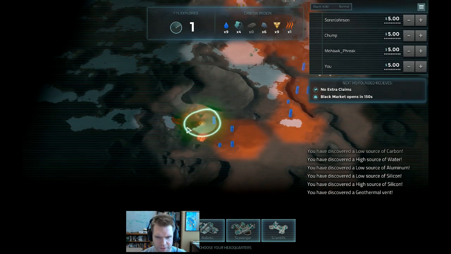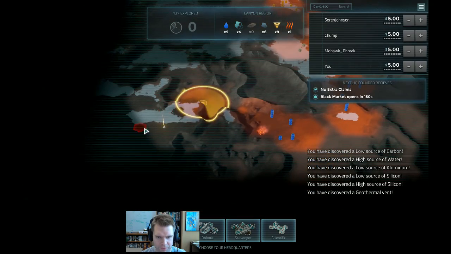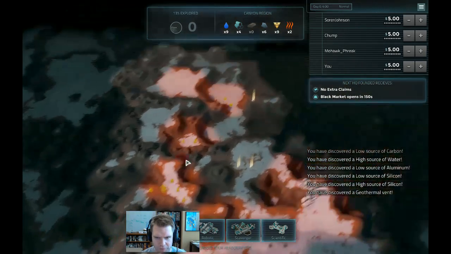It's a slow reveal here. A geothermal vent. That would be useful. And this map is mostly iron, mostly water, so I think a lot of the...